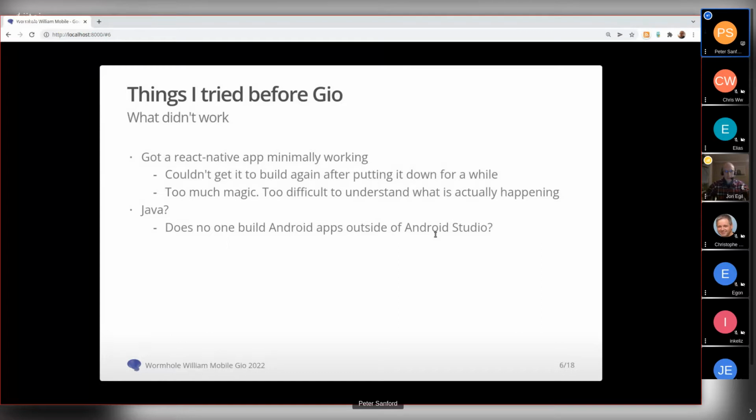Maybe it was on a different computer, and I couldn't get it to build again. And that's something that I found with a lot of open source Android apps, at least, that it's very easy for the tool chains to move faster than the code.